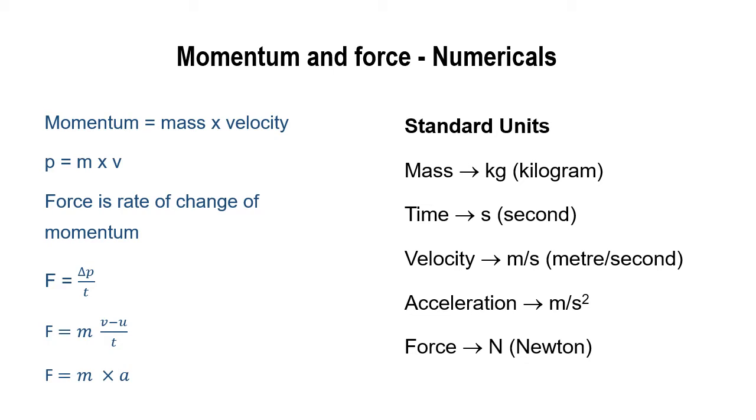Time is always taken in seconds. Velocity is indicated in meter per second. Acceleration in meter per second square. And force is expressed in Newton. Momentum will be mass into velocity, that is kg meter per second. Here I have not put any conversions to keep it simple, but physics is all about measurement and calculation, so the units are very important. Today we'll see a few numericals, how to calculate things based on the data given to us.